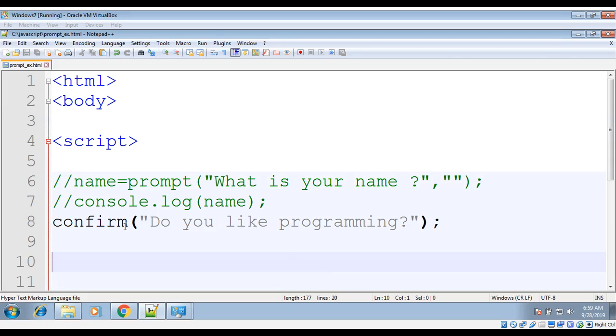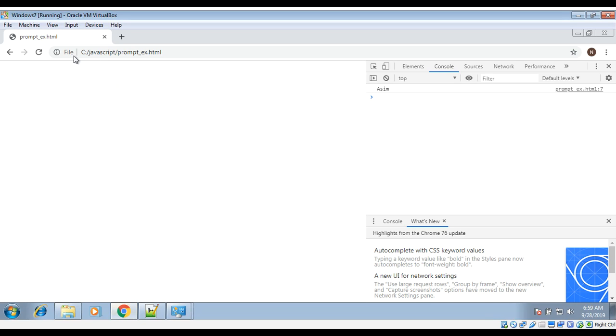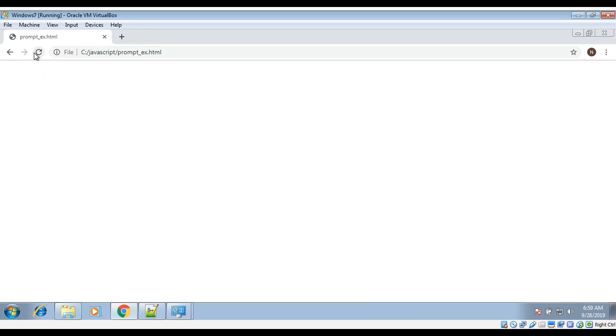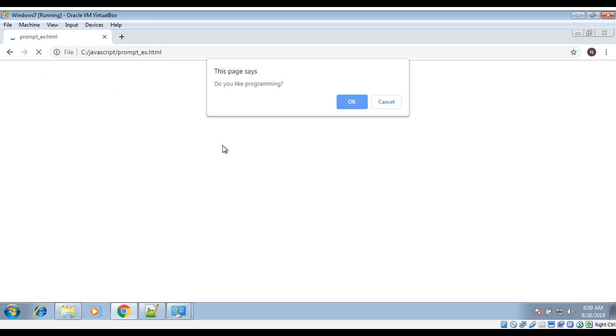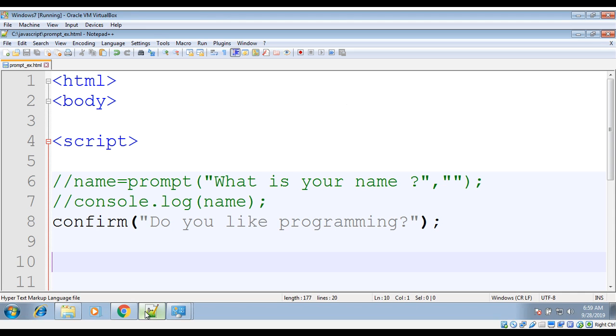So let's see how the confirm box looks when we run it. So I just close this one. And over here you can see it's asking you a question, do you like programming? If we click OK, it should return true. So I'm just gonna click it, and over here I'm going to save a value now